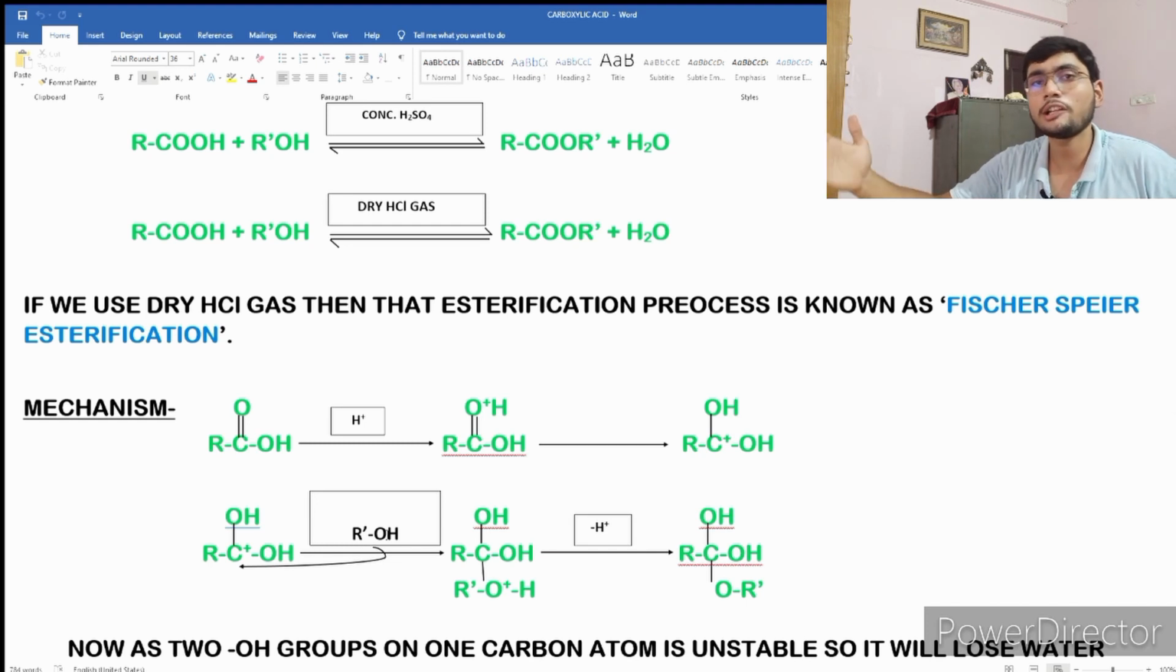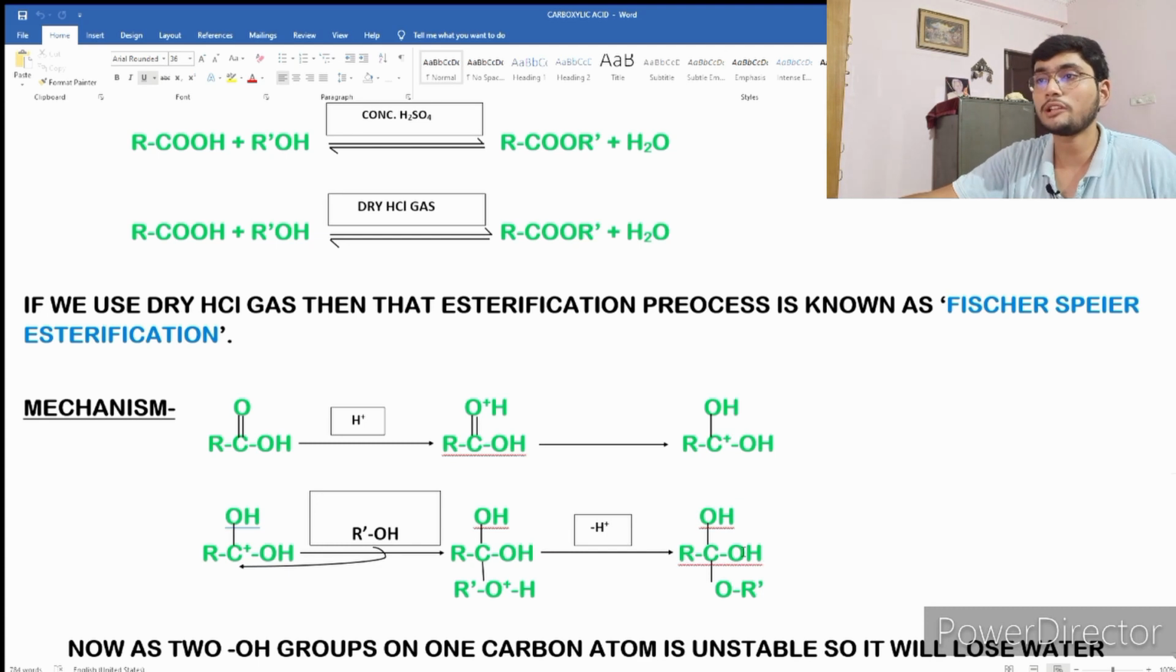So what it will do, it will lose one H plus. Okay, and now we will get this. Now you see here that this carbon has two hydroxyl groups attached to it. Now this point should be kept in mind that whenever two hydroxyl groups are attached to a single carbon atom, it is highly unstable. So what it will do, it will lose a molecule of water and a carbonyl group